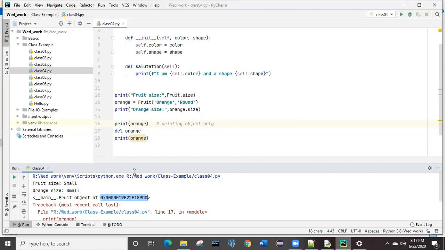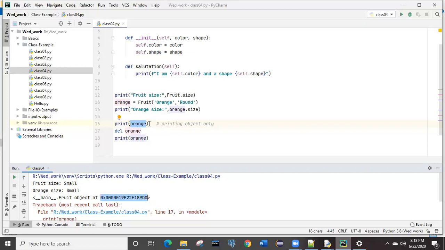Got it? Because of that, it is giving you the object details. Orange is an object and it is printing the details of that object. It means it is present in the main method, fruit class, and it is the object which is present at this particular location. Got it?